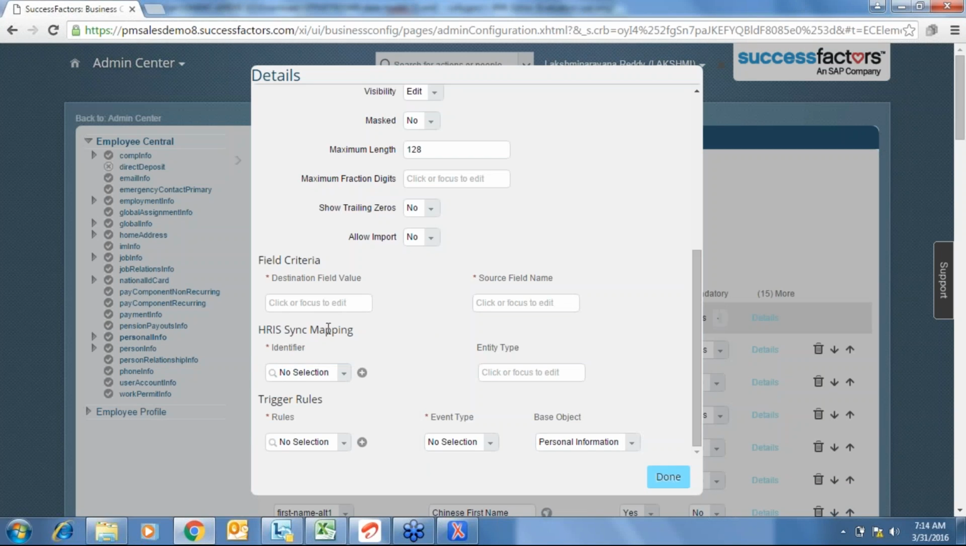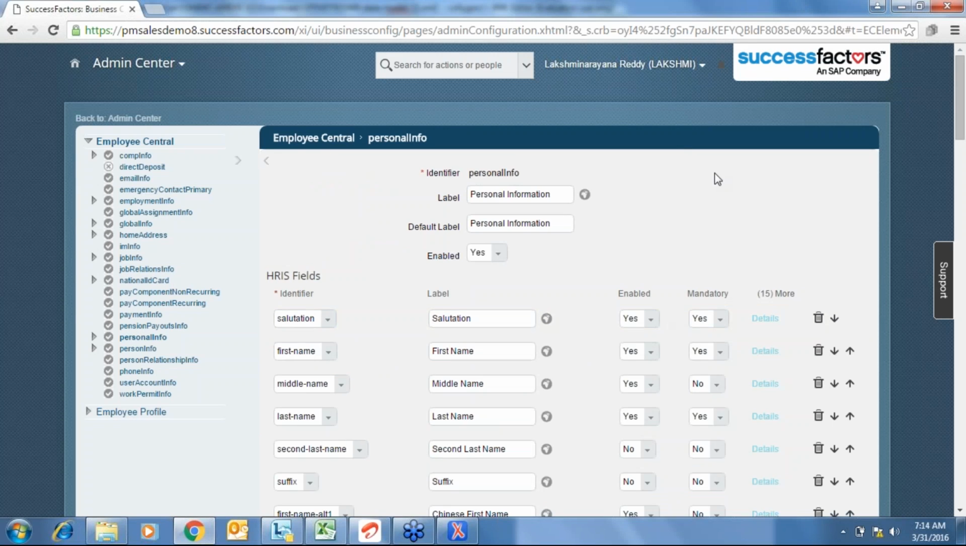Okay, this HRI sync mappings that we will discuss in a field criteria trigger rules. This we will discuss post completion of pick list management. So